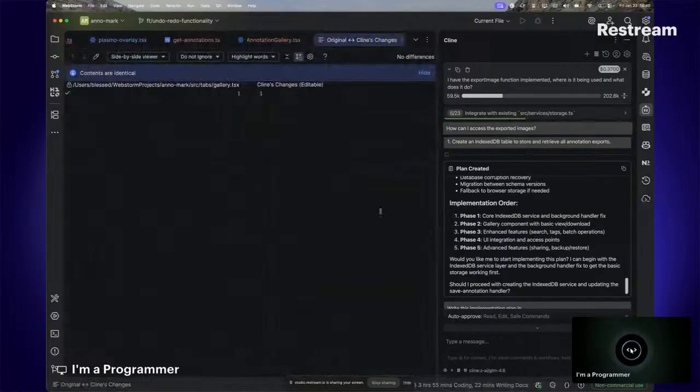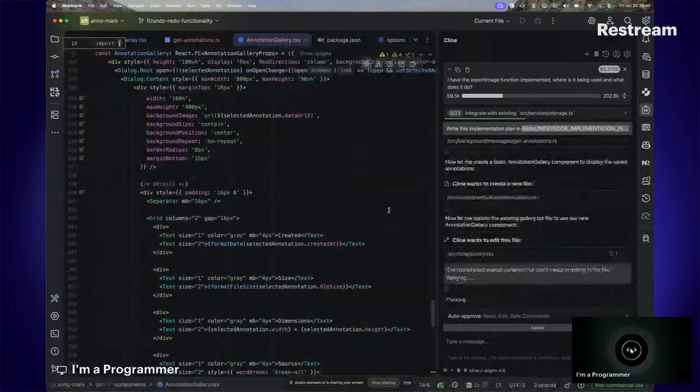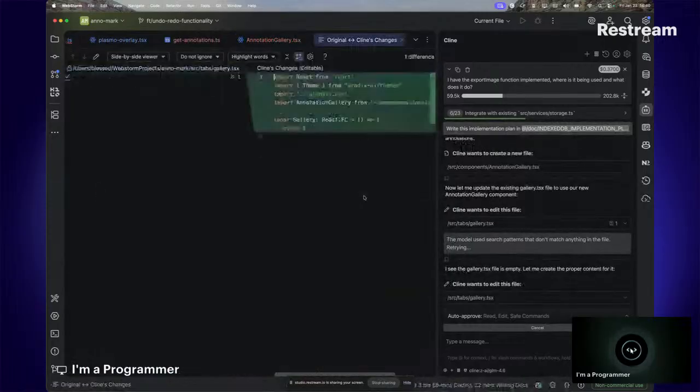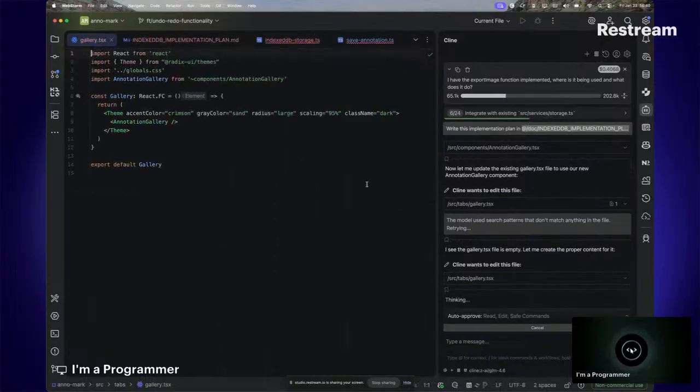So this should be phase three. I'm not entirely sure. I think so. Yeah. So it's smart enough to know that I created a gallery component, a gallery file that can be used for adding the annotation gallery. So it's just going to import the annotation gallery and that's it. It's done. So it's going to go to the next thing. Like I said, this is it. So it's done it perfectly well. And it's going to proceed to the next